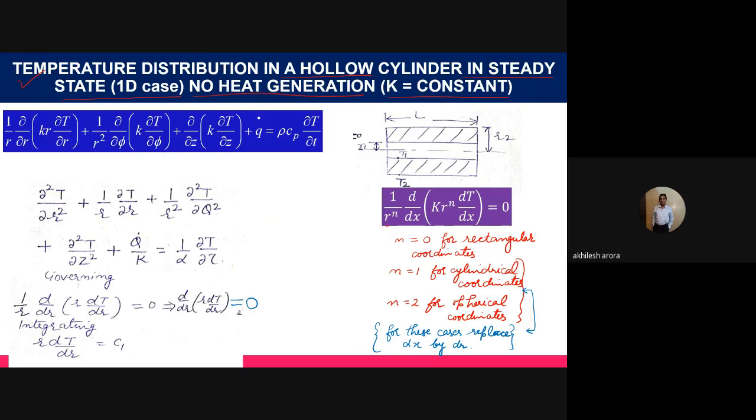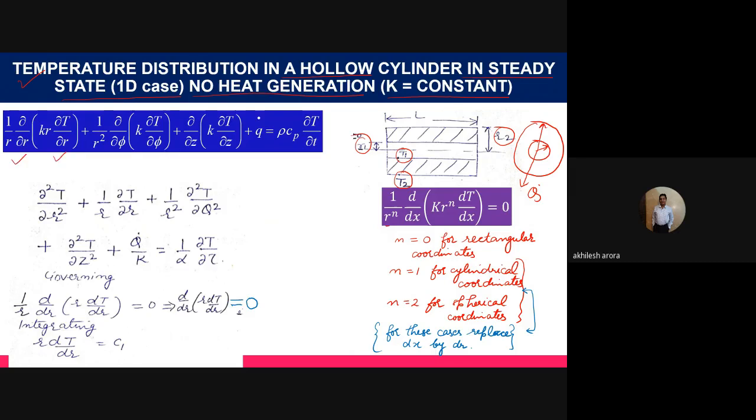Now you see here the diagram of the cylinder. Here you can see this is the side view of the cylinder. Okay, so this is the inside radius, this is r1 as shown here. This is the outer radius, it is r2. Inside surface temperature is T1 and the outside surface temperature is T2, and we are considering that the heat transfer is taking place in the radial direction. So this is the equation which is shown here.